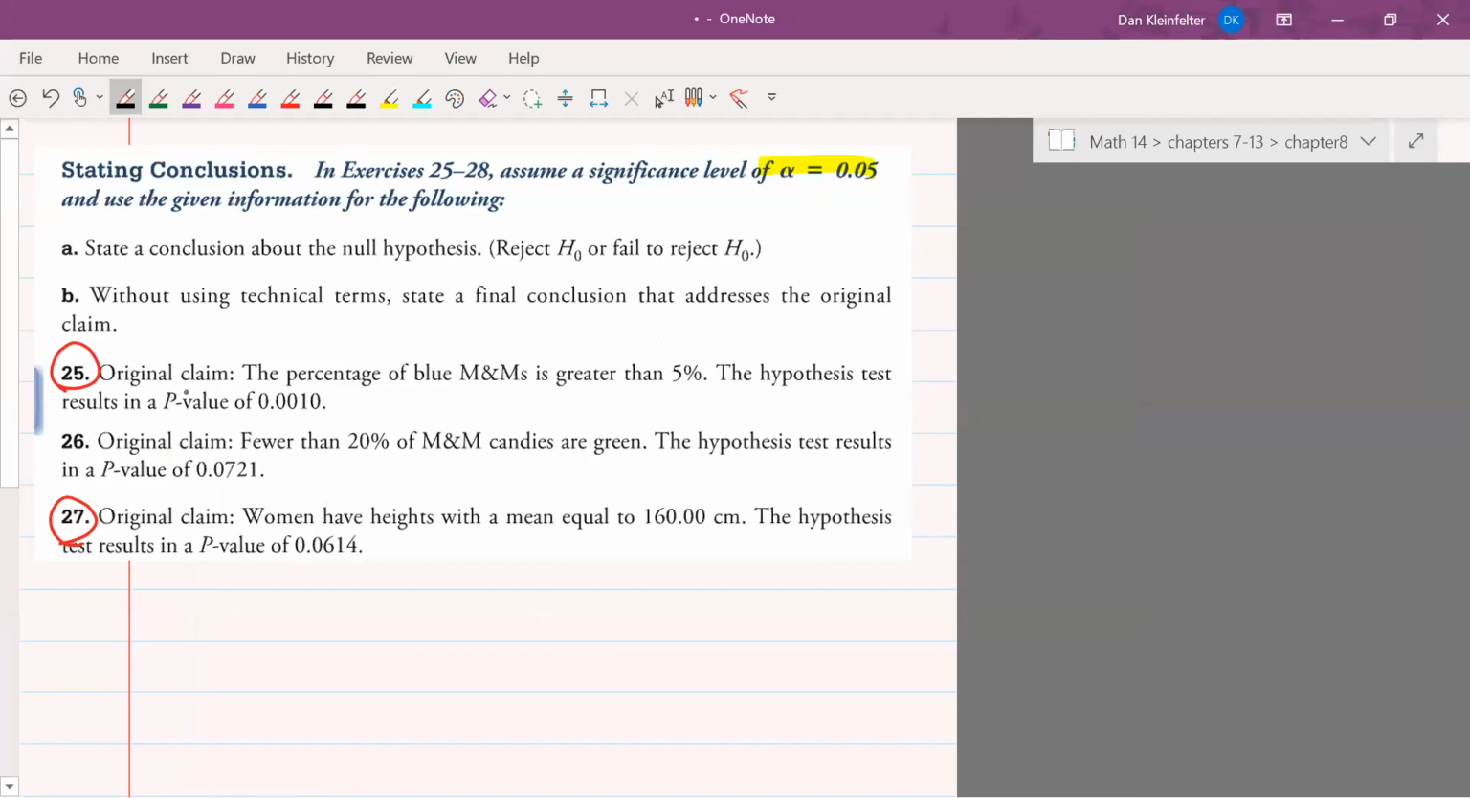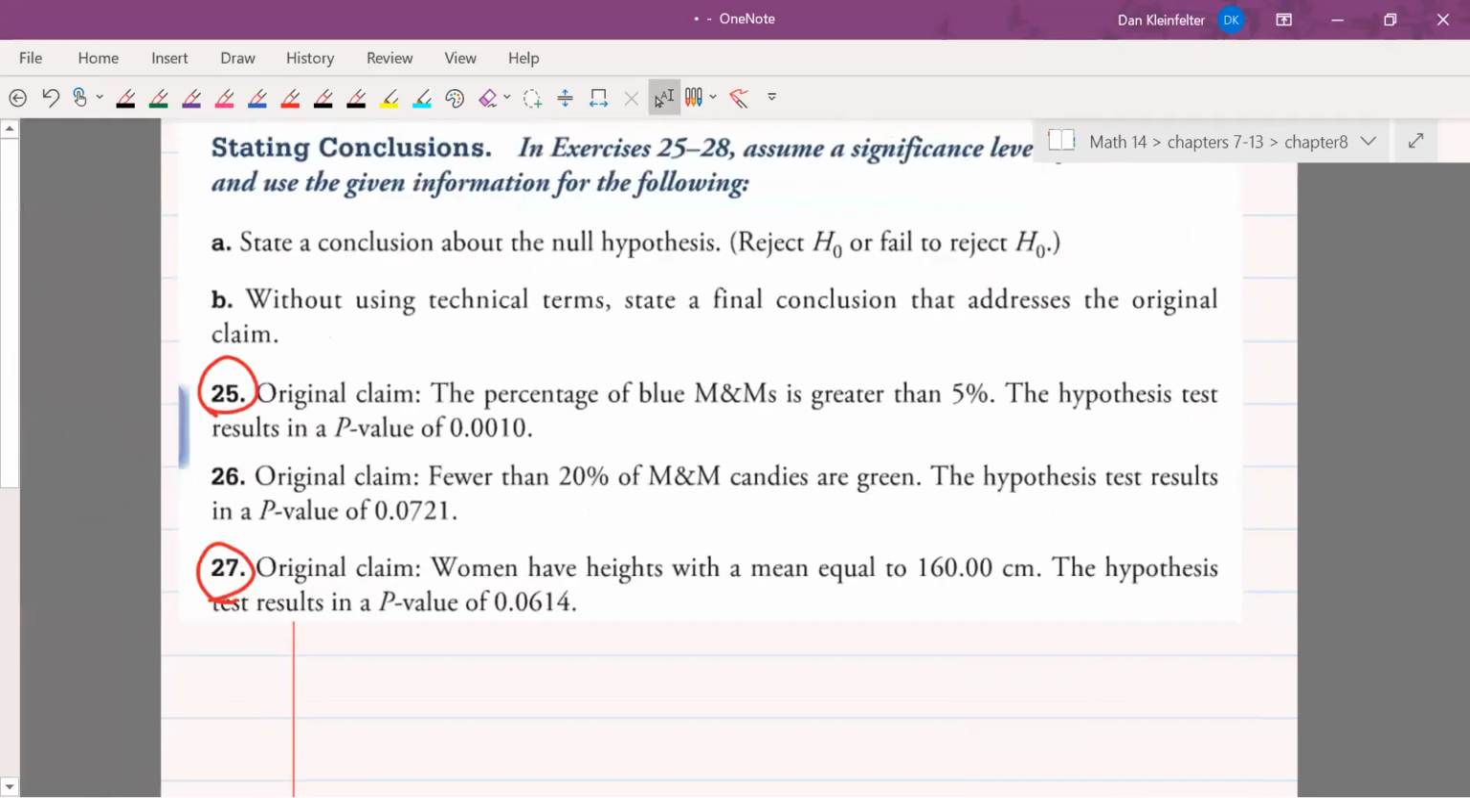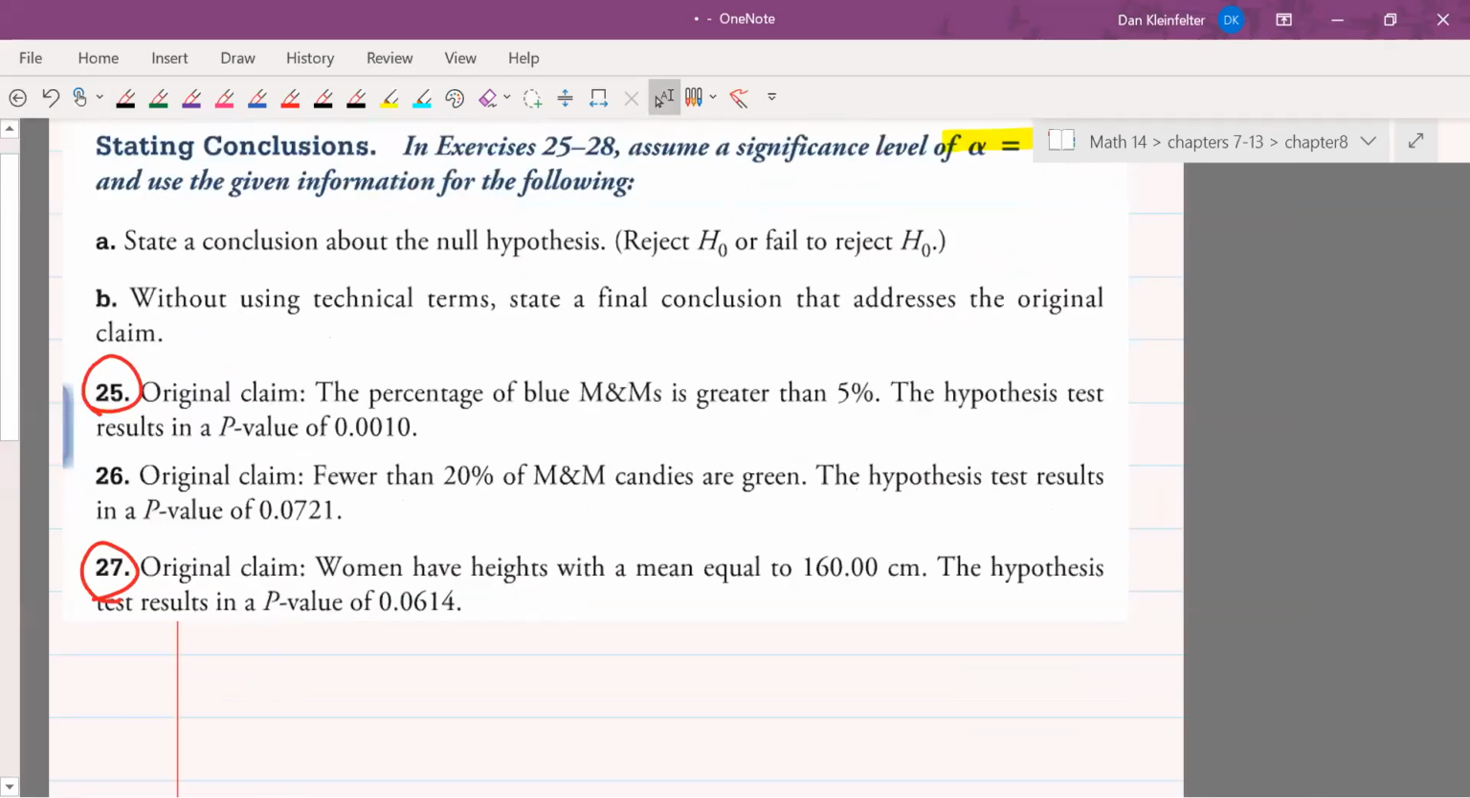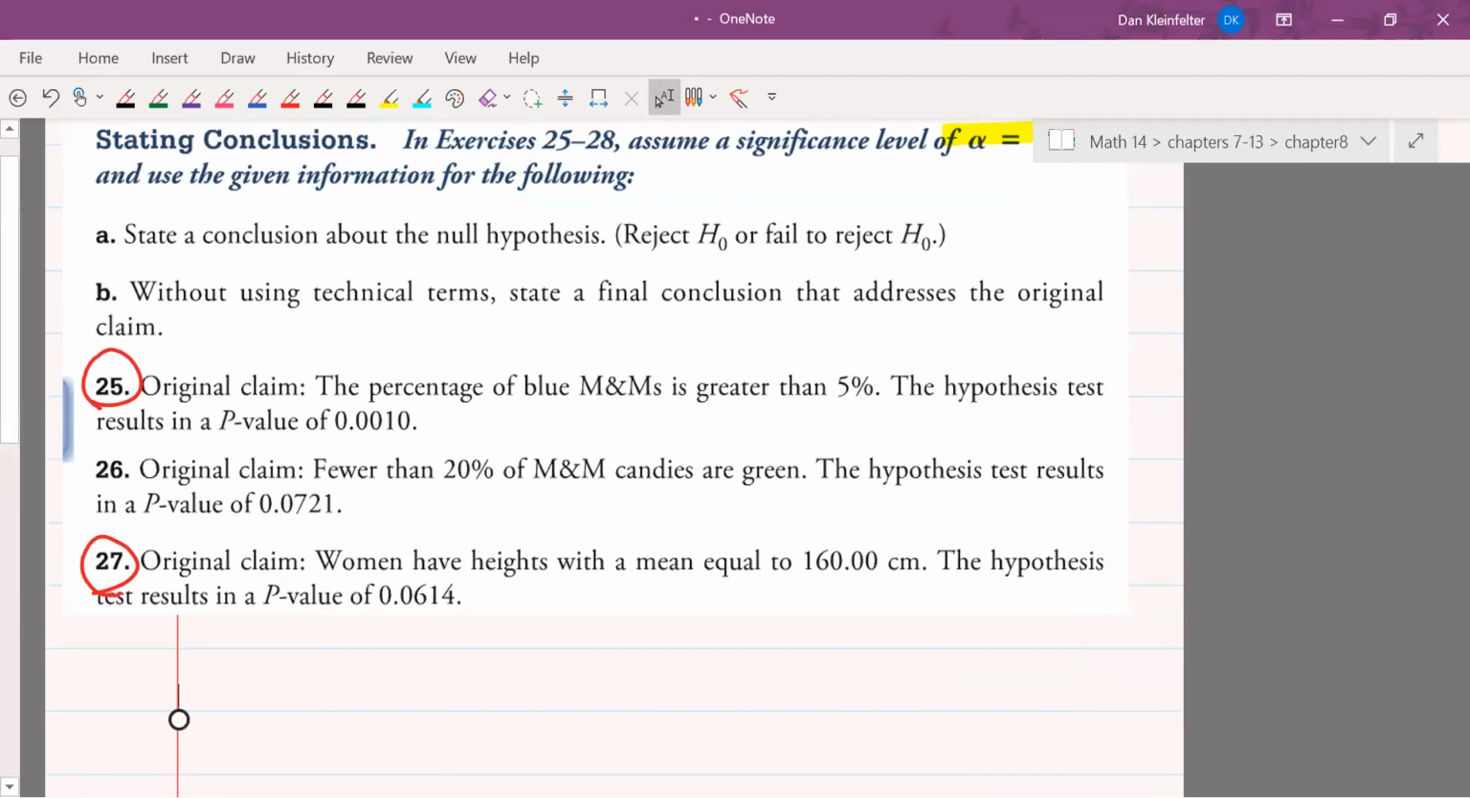The original claim here for 25 is that the percentage of blue M&Ms is greater than 5%. The hypothesis test results in a p-value of 0.0010. So let's think about how those hypotheses had to go. The claim was that the percent was greater than 0.05, so that's a proportion: p is bigger than 0.05. The null hypothesis would have been that it's equal to 0.05. And then our p-value ended up being